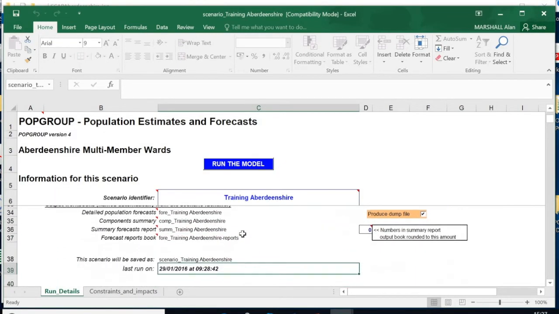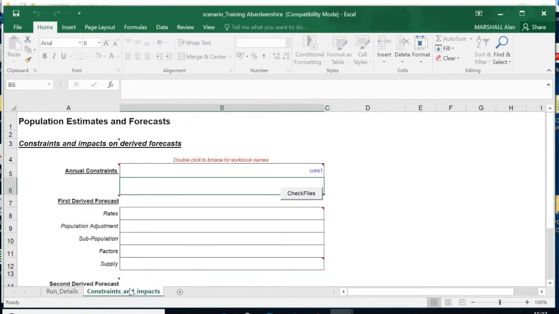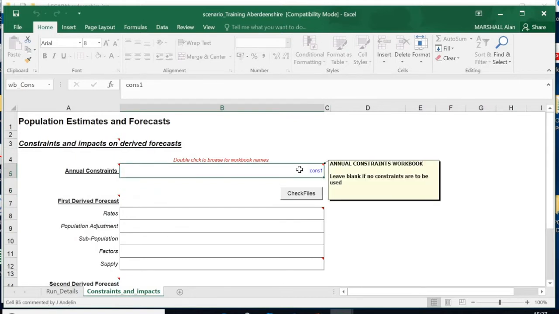So our training projection specifies one more file that we need to look at, and it's quite an important one in terms of the methodology of the sub-council area projections, and that is this constraints file. So we have information on births, including local births. We have information on deaths, including local deaths in each of the 19 sub-council areas. We're using a national schedule of migration, which may not apply locally, but we don't have any information that we can feed into that on migration. But this constraints file is what allows us to estimate local migration. So if we have a look at Cons 1,